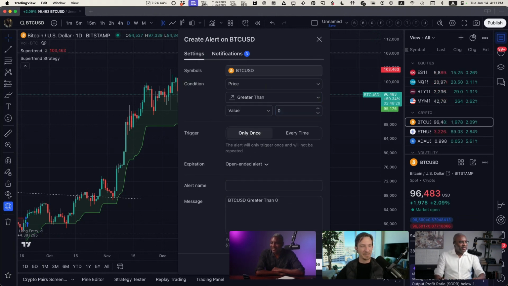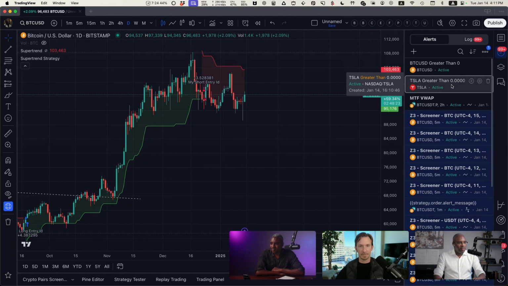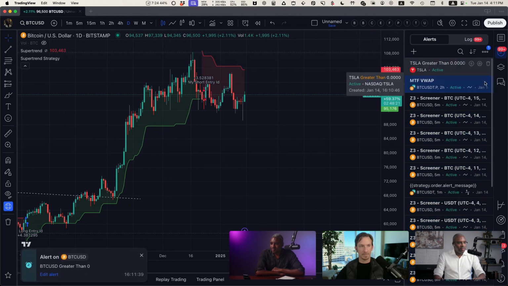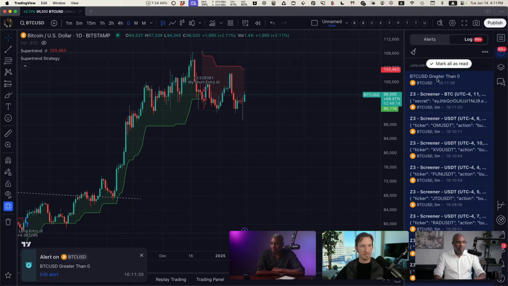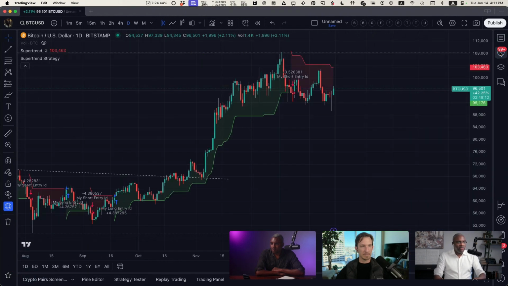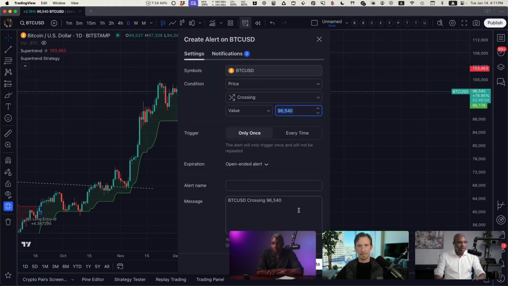Greater than 0 every time. Create. Okay, so now it's active. I get an alert that appeared at the bottom left, and then it shows up in my log here as well. So that might just notify me. Go ahead, Tom. You sent an alert. You wanted to buy or sell at this location, and my alert allows me to put a bunch of information